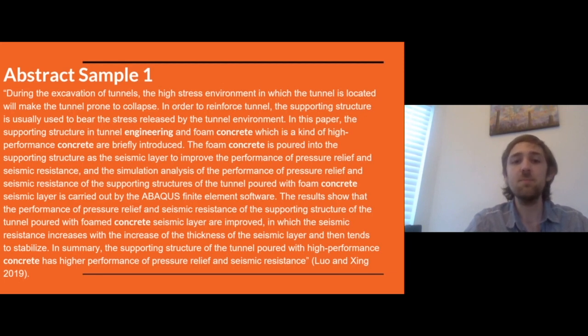The results show that the performance of pressure relief and seismic resistance of the supporting structure of the tunnel poured with foamed concrete seismic layer are improved, in which the seismic resistance increases with the increase of the thickness of the seismic layer and then tends to stabilize. In summary, the supporting structure of the tunnel poured with high-performance concrete has higher performance of pressure relief and seismic